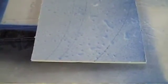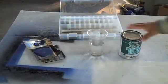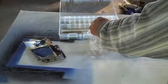So I was just standing in the shop looking at this water technique, and I drew a couple lines on there. I'm going to paint them in and see what they look like. I don't exactly know how I'm actually going to do it yet, but I'm going to give it a shot, see what's there. Now I'll be using classic navy blue water base, and as always we